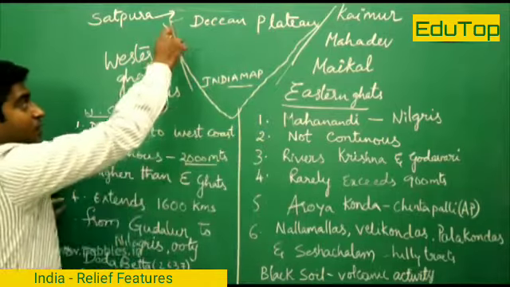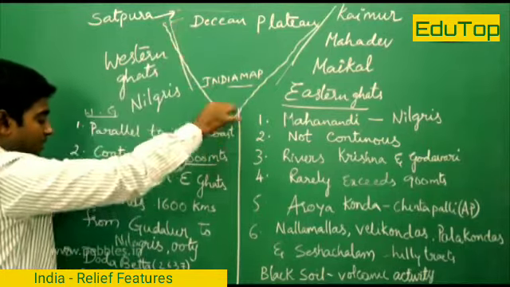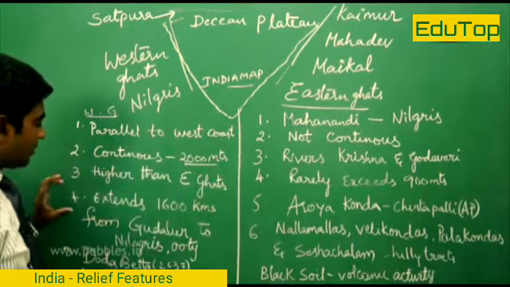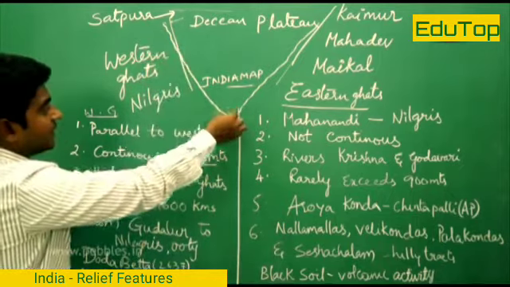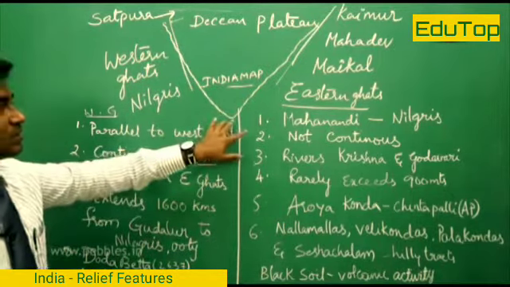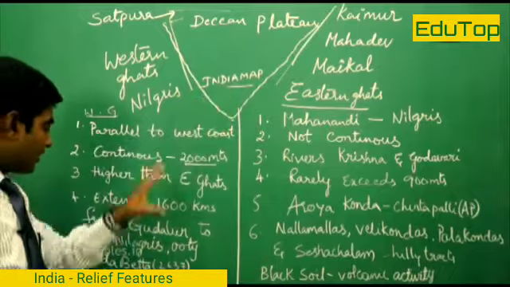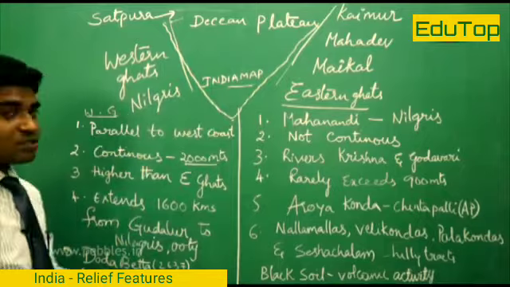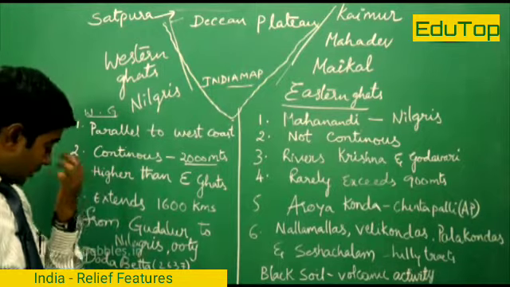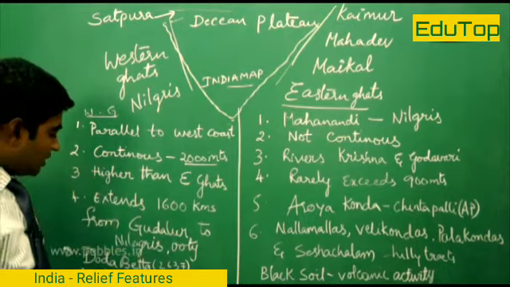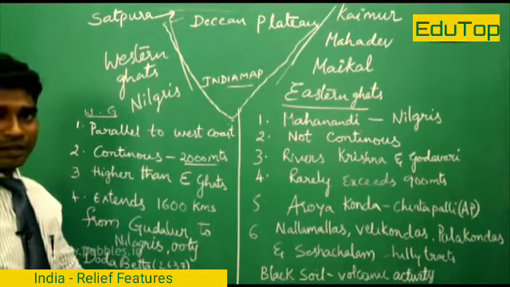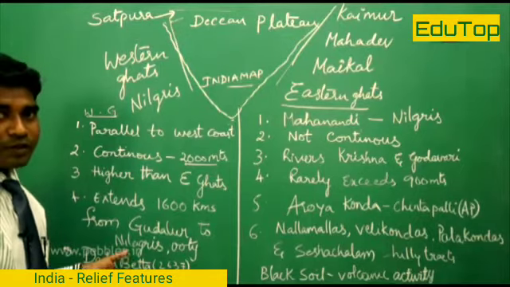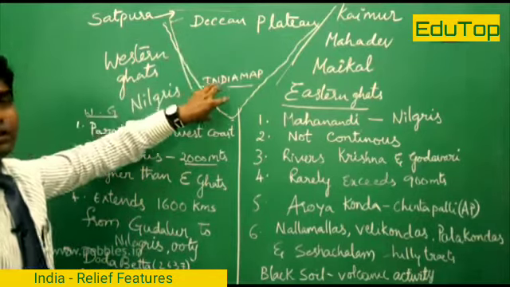They extend for 1600 kilometers, from Gujarat to the Nilgiri region of the Kerala belt, and from Gudalur to the Nilgiris, where the famous hill station Ooty, or Udagamandalam, is located. The highest peak of the Western Ghats is Anaimudi, located in the Anaimalai Hills, and Doddabetta, which is 2637 meters. These two are the high peaks of the Western Ghat region of South India.